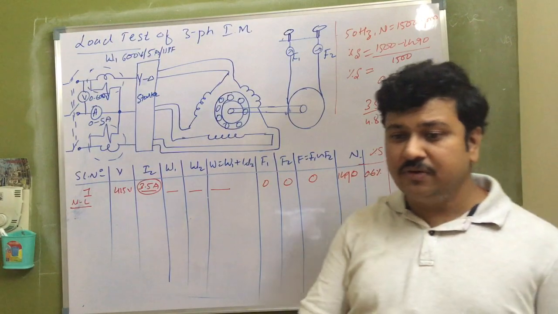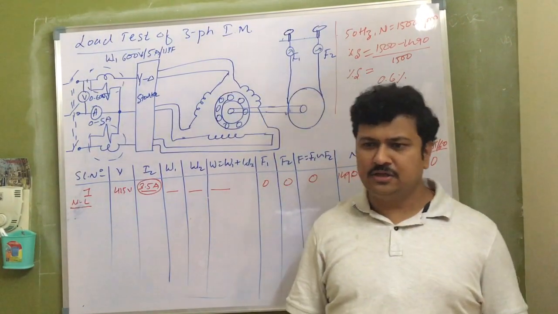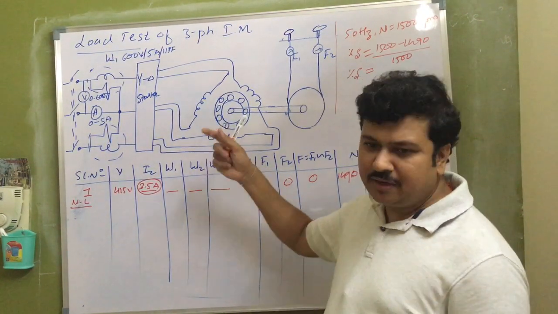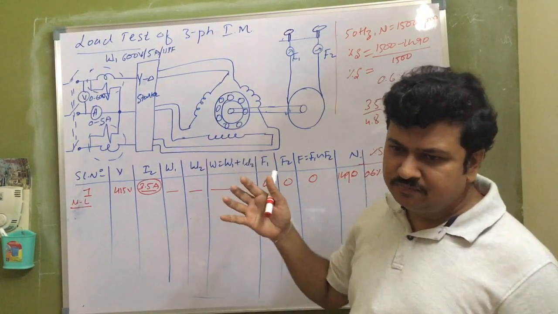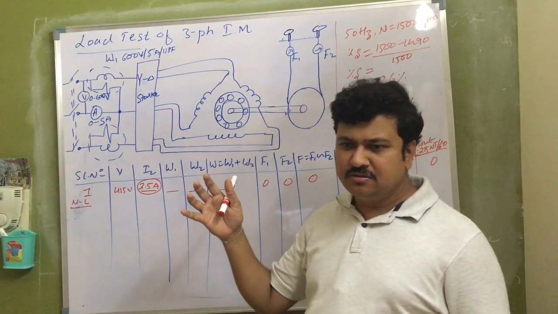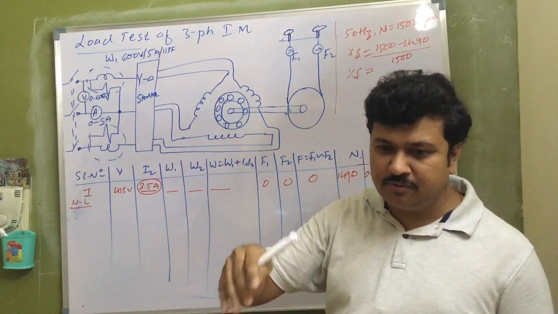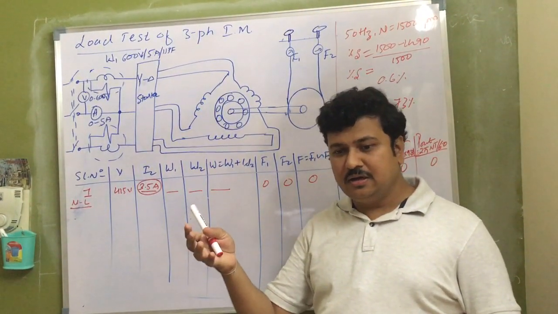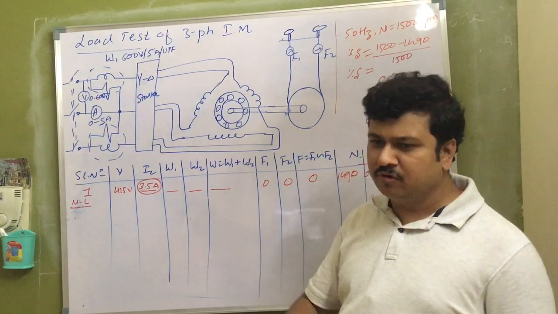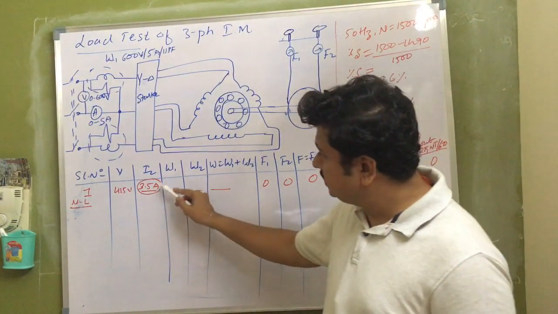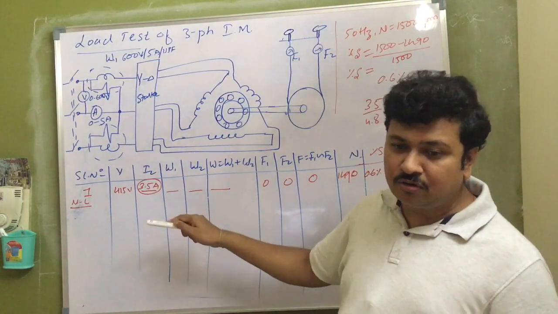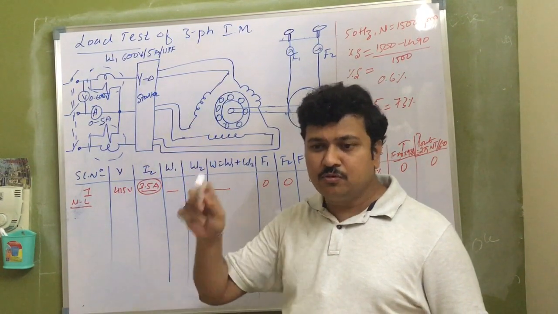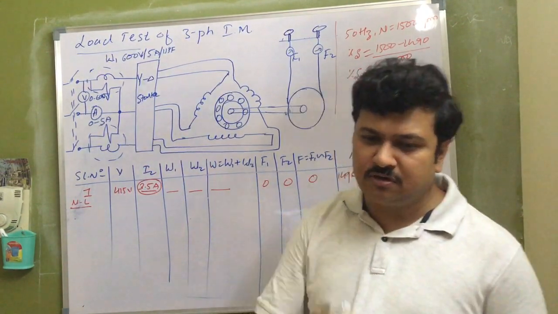Why? Because the rotor of an induction motor is very heavy. It has to deliver large loads. When it has to deliver large loads, it has to be made mechanically very rigid, very robust. Because of its mechanical robustness, the weight and the material used in it should be much more. Therefore, the frictional losses incurred in the rotor or in the motor are very large. So this large amount of current drawn at no load is to satisfy large amount of frictional losses.